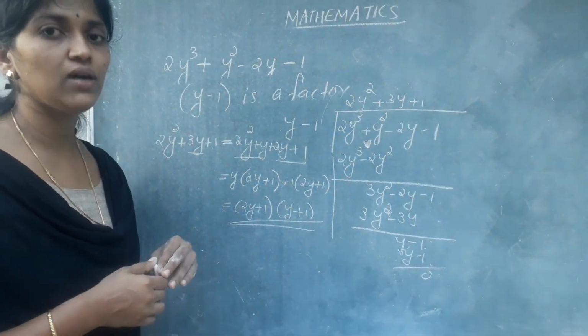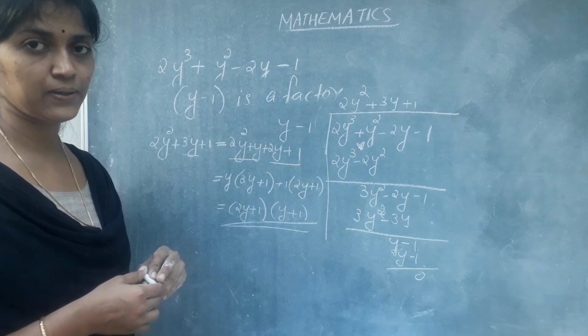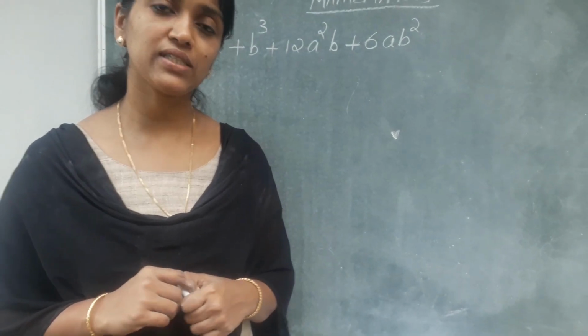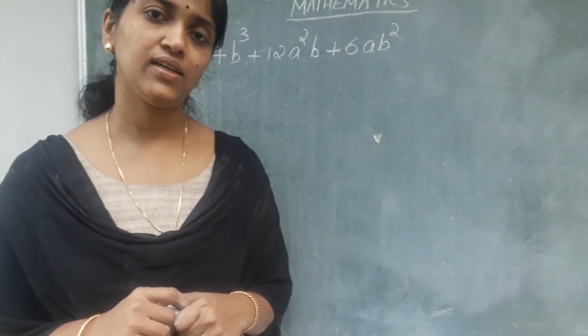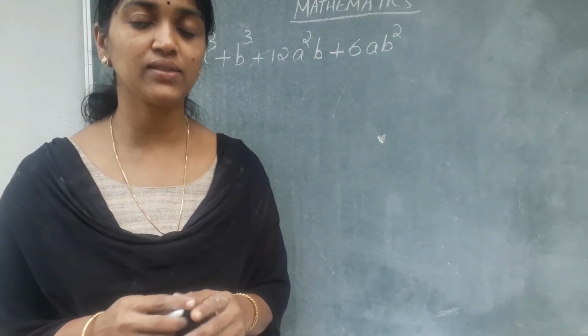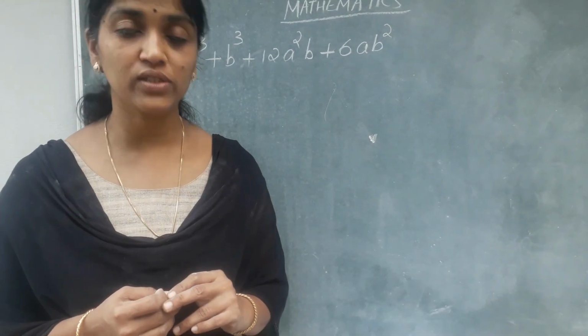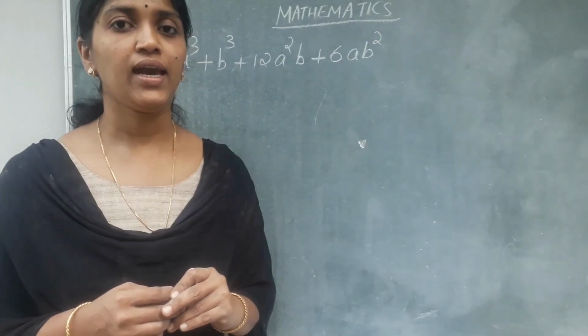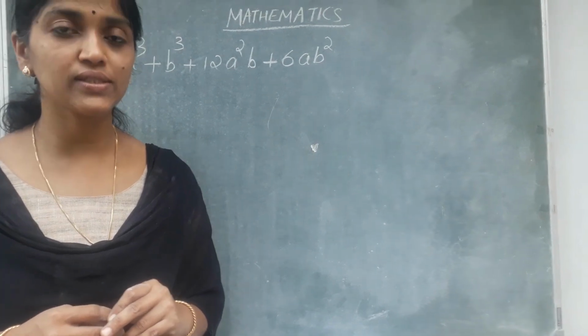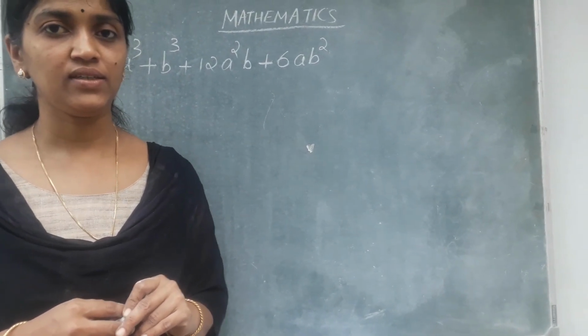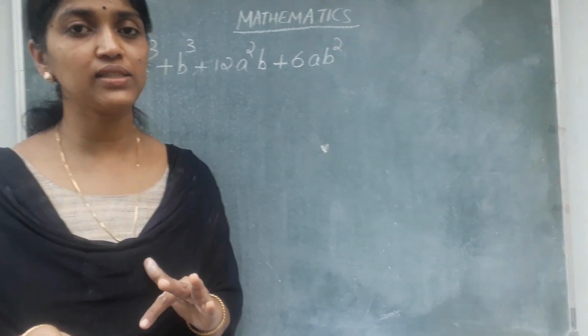I think you remember what we have done. Okay. In this chapter, we have studied algebraic identities. We have studied 8 identities. I think you remember it. Study all the 8 identities. You will get questions from those parts. And among that I am going to discuss one of the identities here, just to make you revise what you have studied.